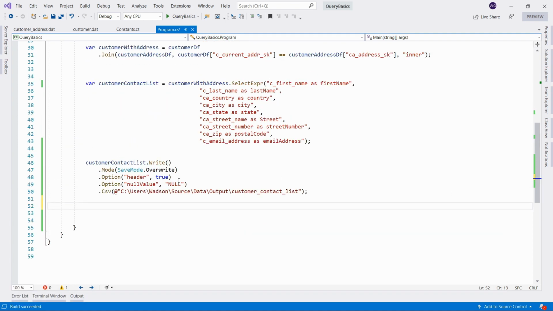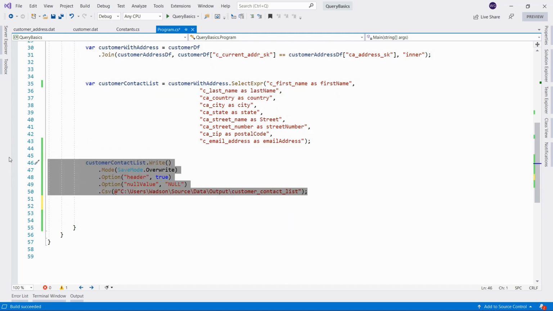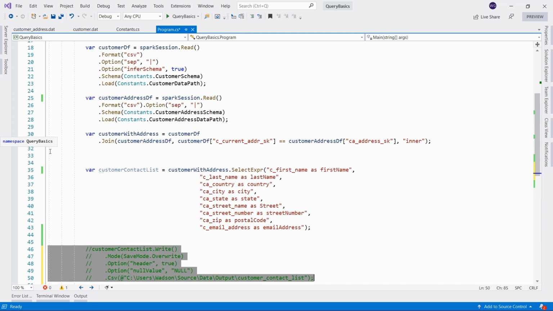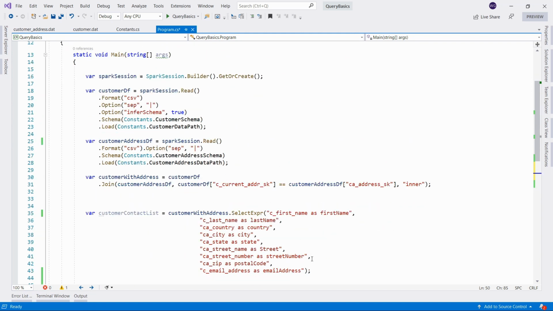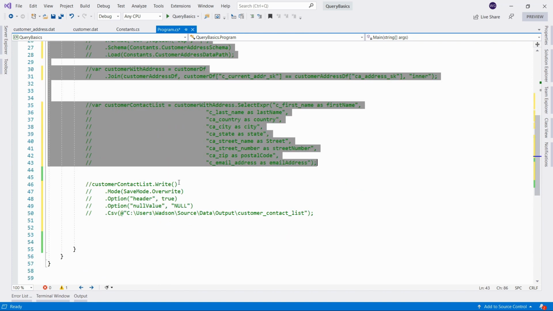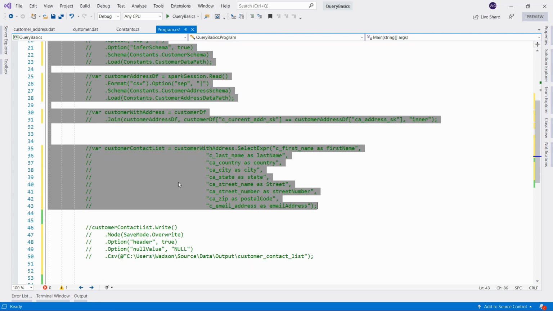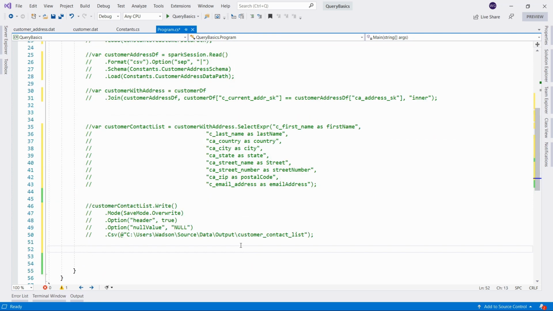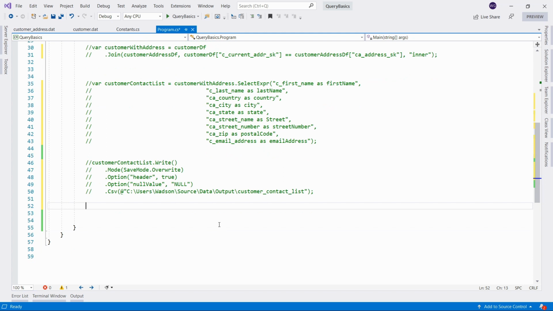So back in Visual Studio, we have already saved the file, so I will just comment this out. We don't need any of this anymore because the file is already created. So the first thing we have to do right now is to read this file that we previously saved. We already know how to read a file, so let's call it raw customer